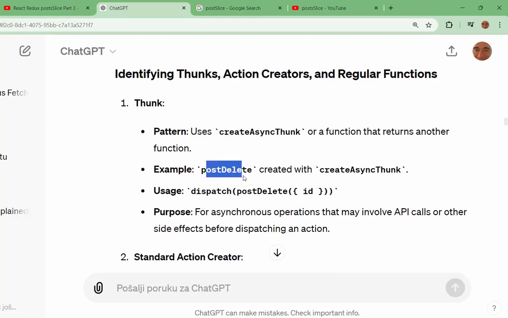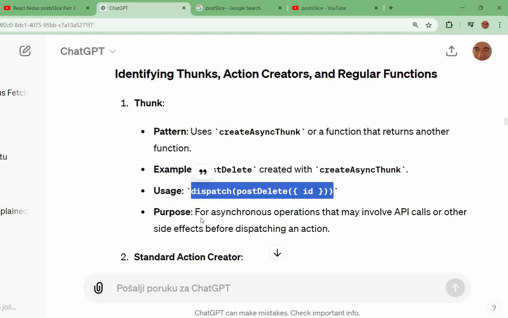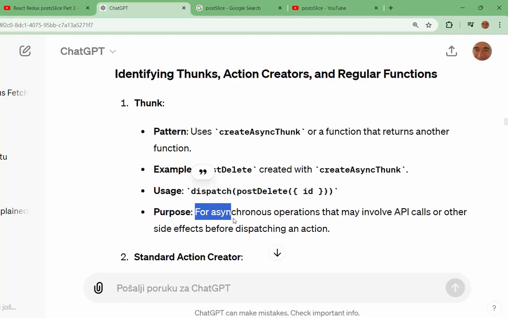Here is post delete, created by createAsyncThunk. Users dispatch post delete ID, purpose for asynchronous operations that may involve API calls or other side effects before dispatching an action. I will concentrate on this immediately.